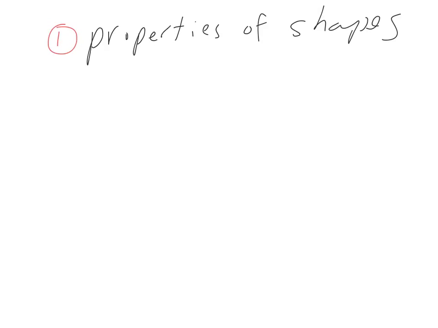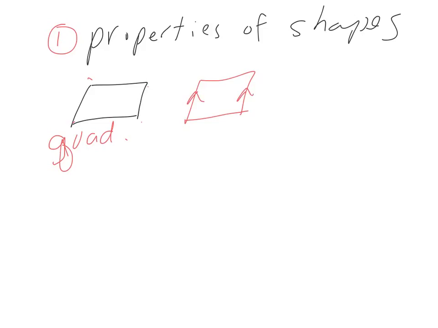Number one, you need to know the properties of certain geometric shapes. One of them you need to know is the quadrilateral. Quadrilateral, anything with 4 sides, and you need to know that if you have a quadrilateral with 2 parallel sides,